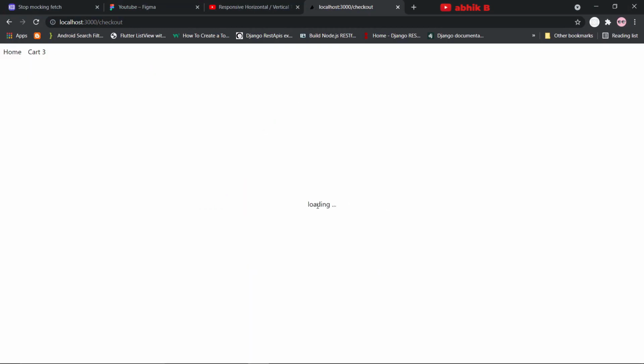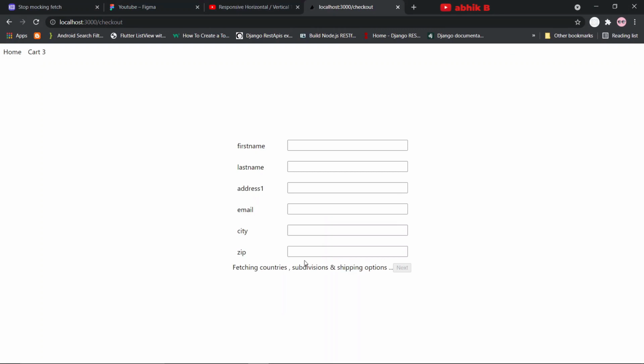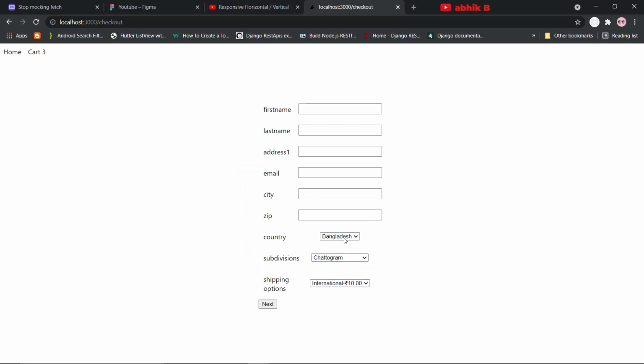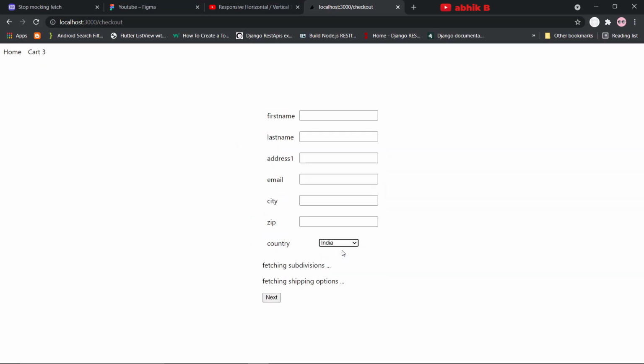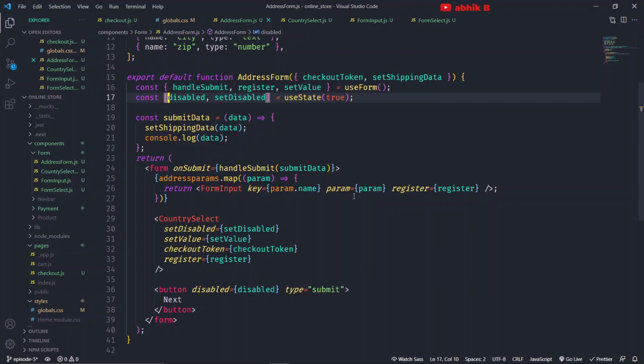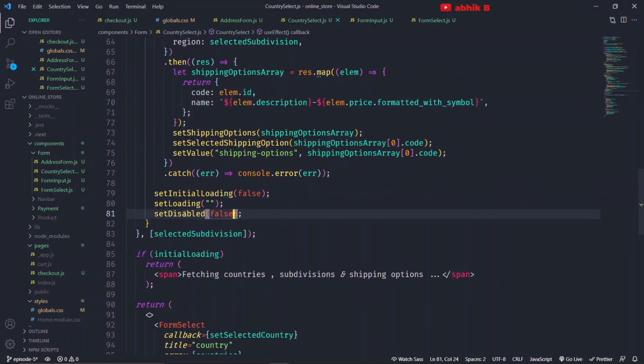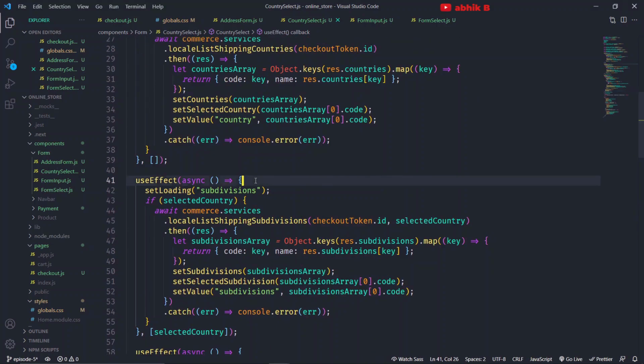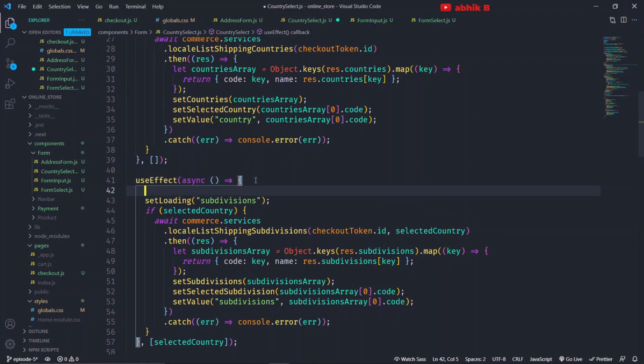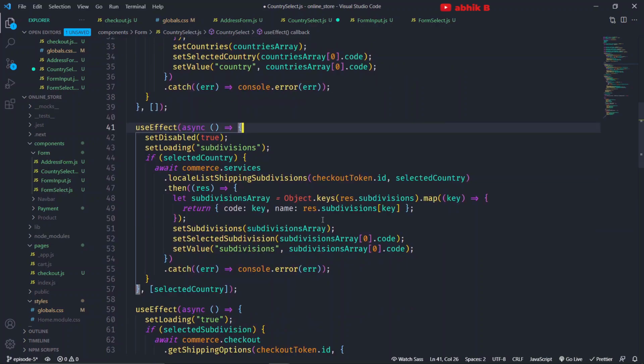So now when I load my checkout page, first of all this loading indicator is getting shown, then our button is disabled. We can fill up this form, but we cannot submit our data. And when I change my country, it is not getting disabled, because inside the country select we have set disabled to false, but we have not set disabled to true. So I will copy it. When we start loading our subdivisions, just before that I want to make sure that disabled is set to true,